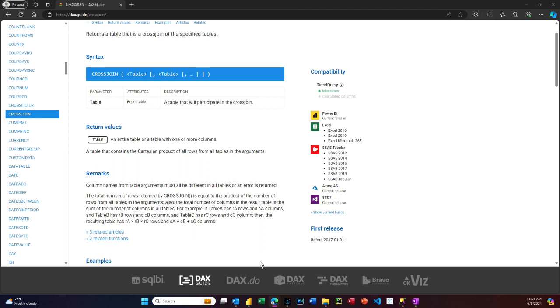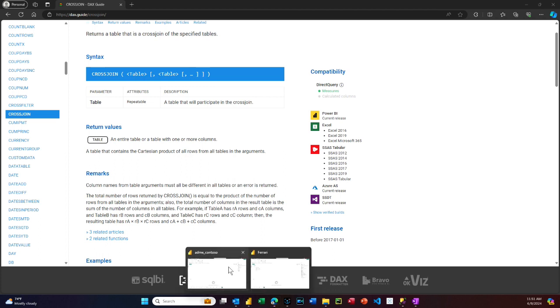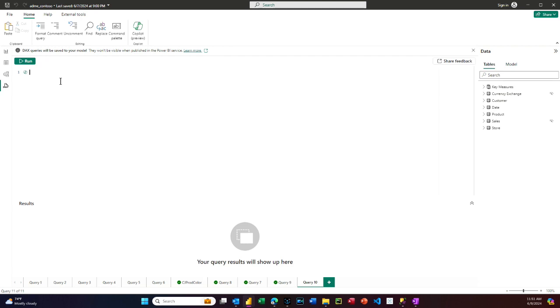Let me go over to Power BI. I'm going to start off in the DAX query view. If you don't have it, upgrade to the latest. It's over here. The reason I'm doing this is we're going to make a lot of tables, and if we do that in Power BI itself, we'll end up having to delete those tables and it just becomes a mess. Here you can evaluate it, and when you get it right, take it over and create your table, column or measure in Power BI.